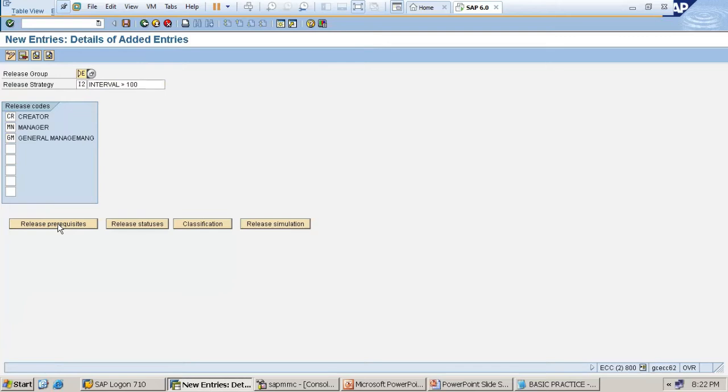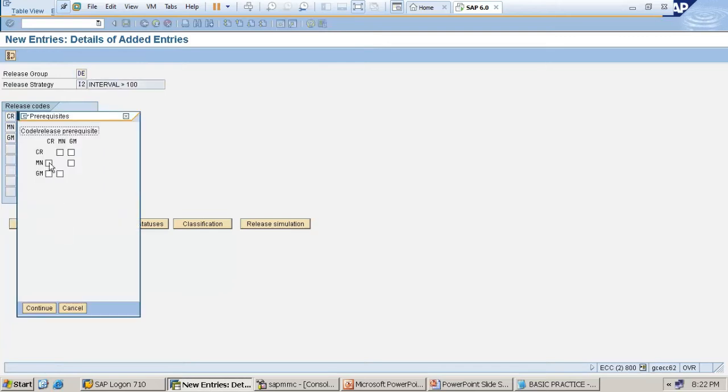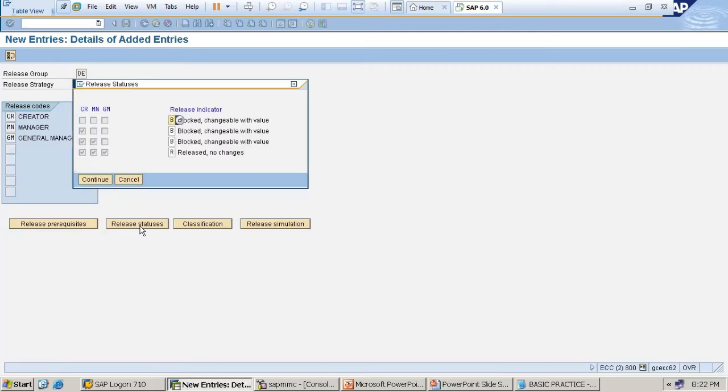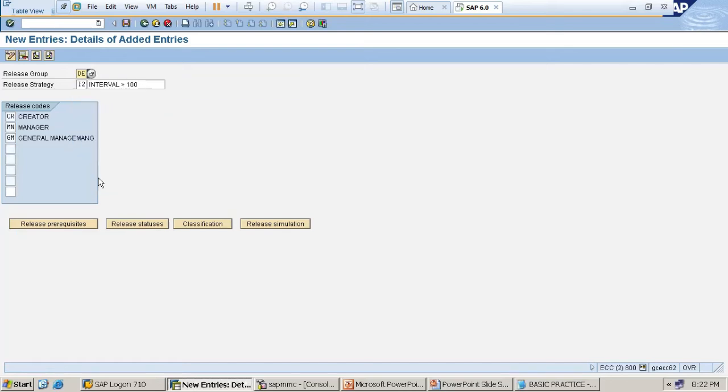The release prerequisites: creator, manager, general manager. Release status: all not approved, block. 1 person approved, 2 not approved, block. 2 persons approved, 1 person not approved, block. Whenever all are approved, release. Continue.